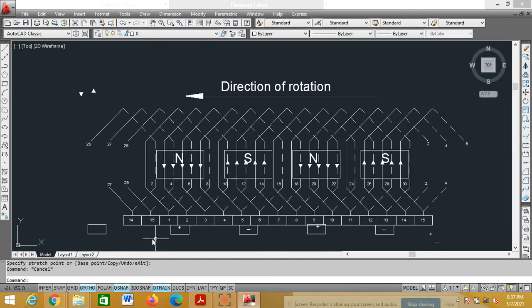So we'll see how to do. Now delete this. Now plus and minus. Slightly overlapping. What I'll do is I'll delete this.